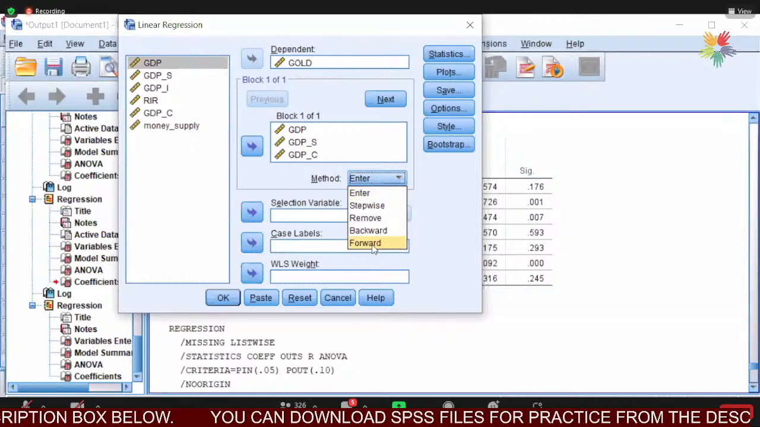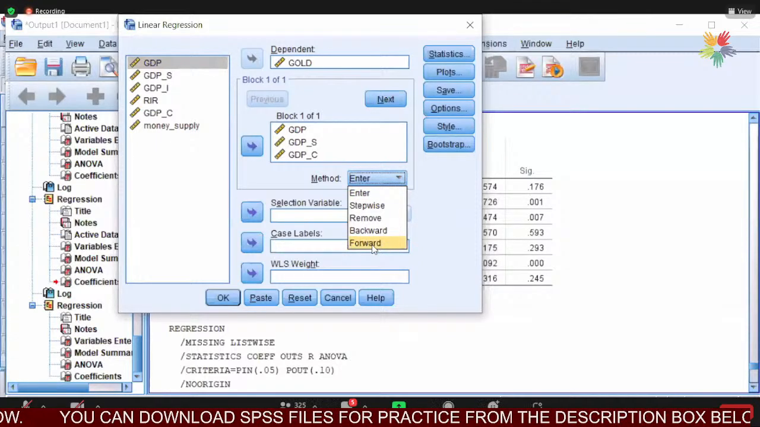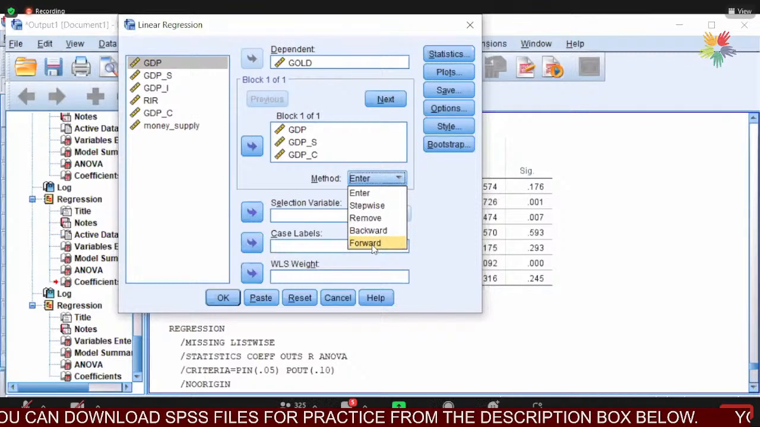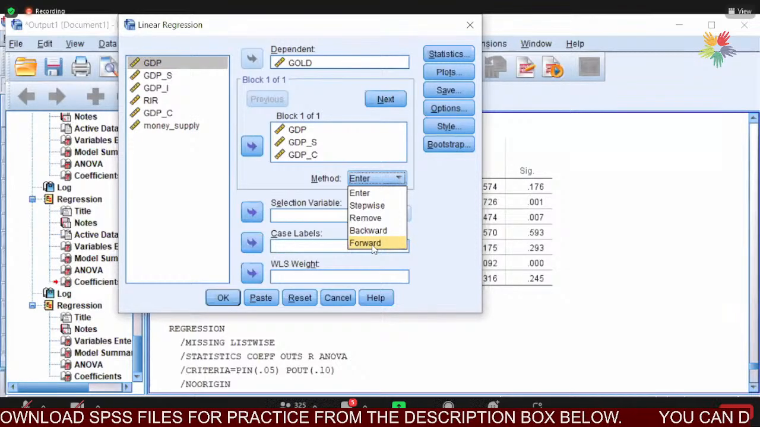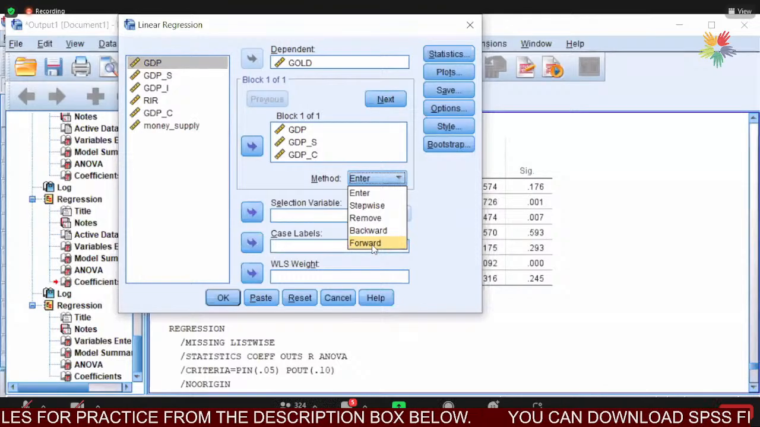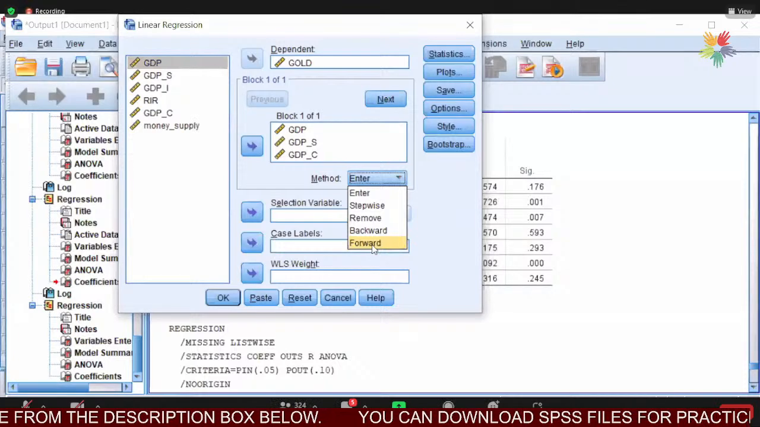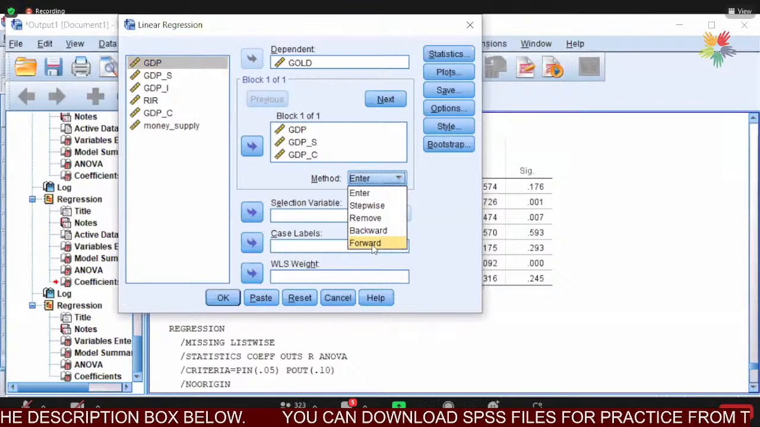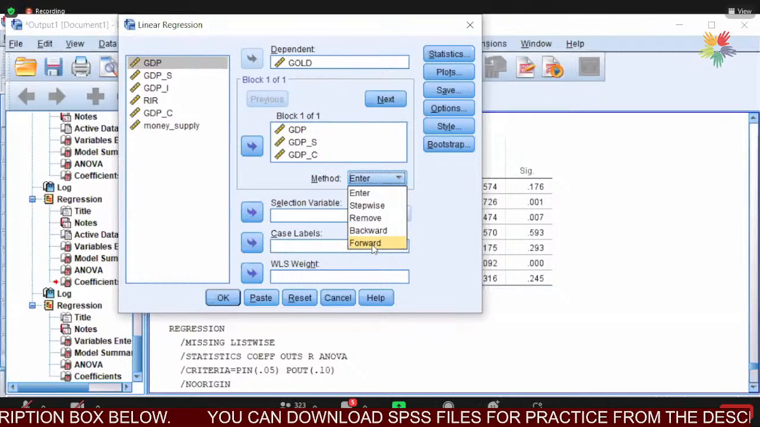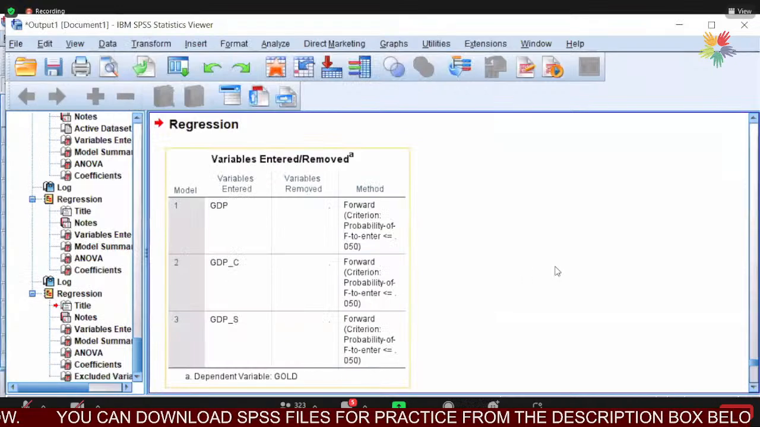Now let us use the stepwise or forward, right? Forward means it will take one by one. So first it will take the forward step. It will take the most influencing variable first, right? Then the next influencing variable, next influencing variable, like that it will go, right? Now forward, if you run,